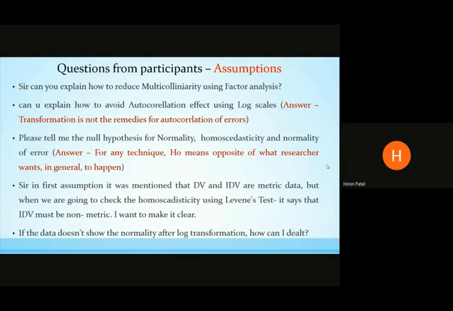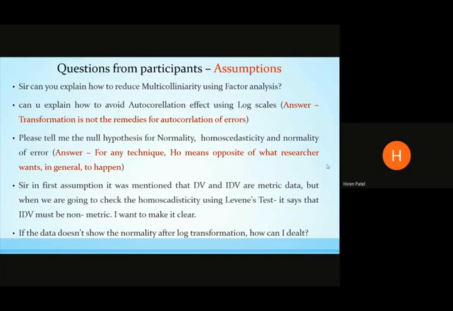So draw the diagram of residual versus predicted value, Z residual versus Z predicted. See whether there is any pattern in the data, I mean in that scatter plot, or not. And if there is no such pattern existing in that scatter plot, you can assume your data to be homoscedastic.